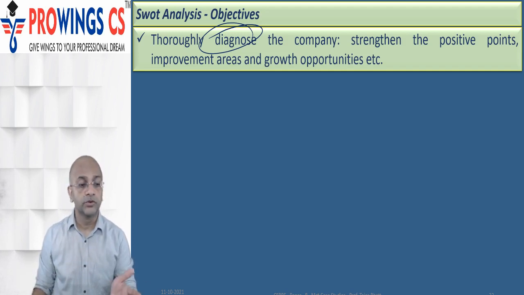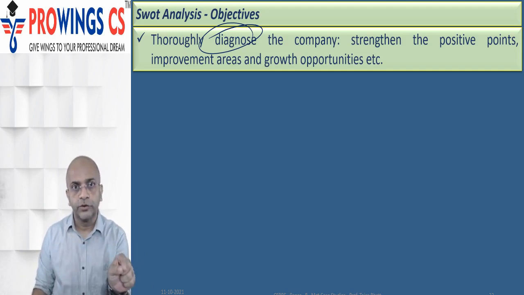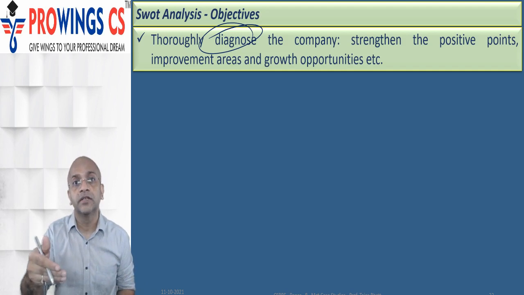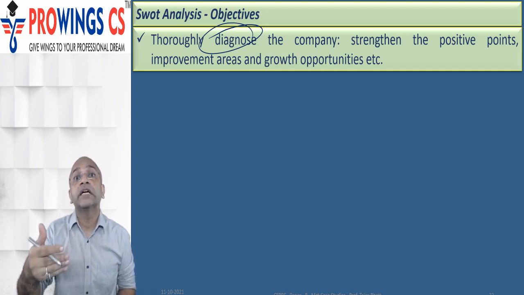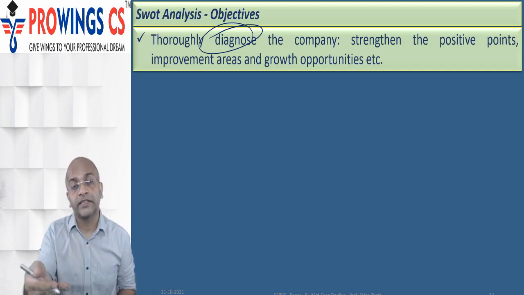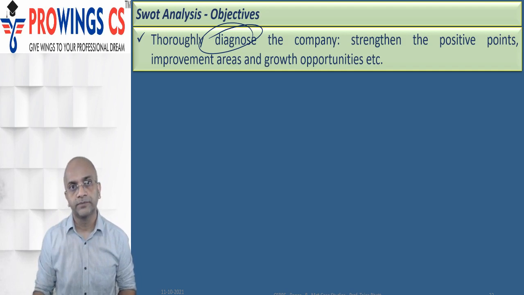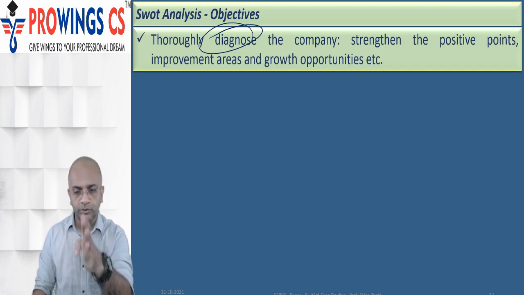See, when we go to those pathological laboratories, what do they do? They don't give you the solution to your problem. No, they show you the problem. And on the basis of their analysis, the doctor will treat us by giving a certain course of action, so that our illness reduces or gets cured. Right? So SWOT is like a pathological laboratory. It's just an example, but you can understand this.